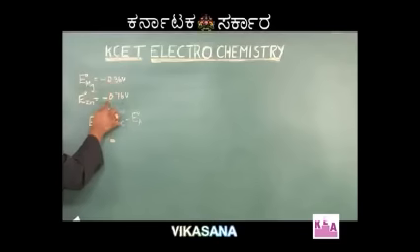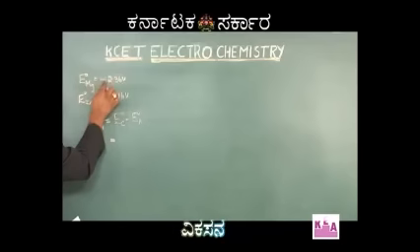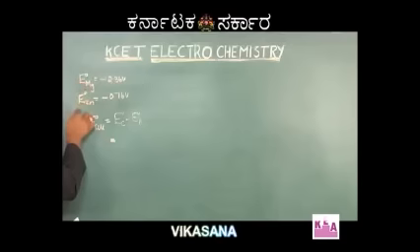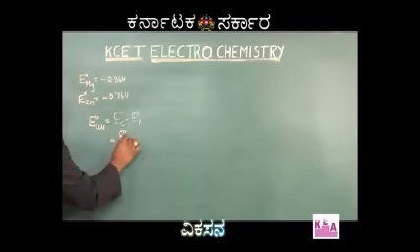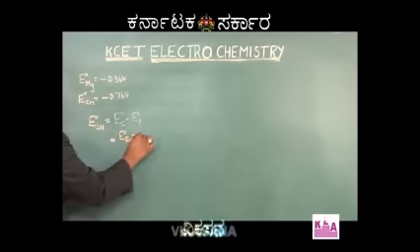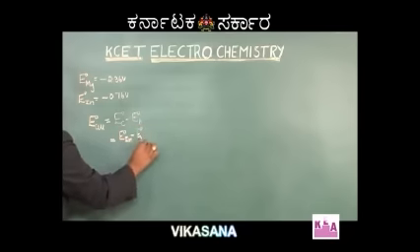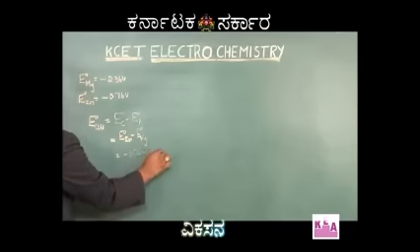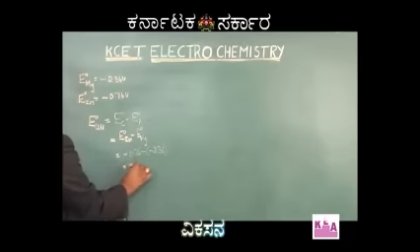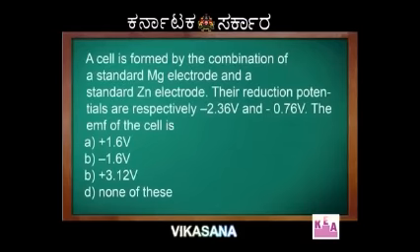Among the two values, you should decide which one is higher. A higher number with a negative sign becomes the lesser value. Therefore, the lesser value acts as the anode, and the greater value acts as the cathode. When these two are combined, the zinc electrode acts as the cathode and the magnesium electrode acts as the anode. Therefore, E naught of zinc minus E naught of magnesium. The zinc value is minus 0.76 minus of minus 2.36 volts. So here you will get plus 1.6 volts. So according to our calculation, plus 1.6 volts is the